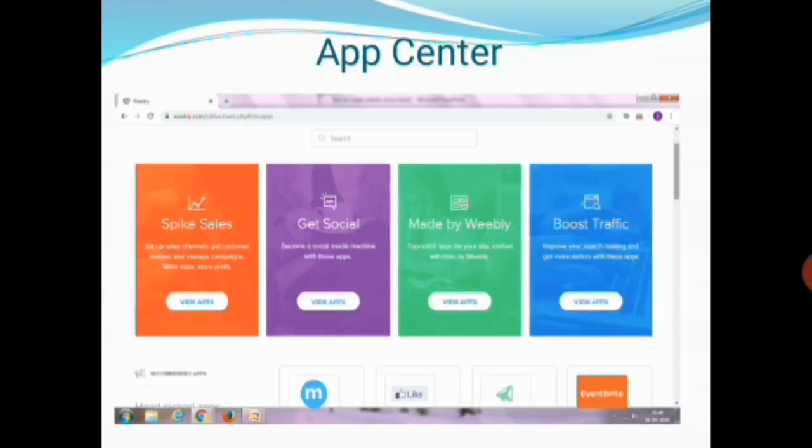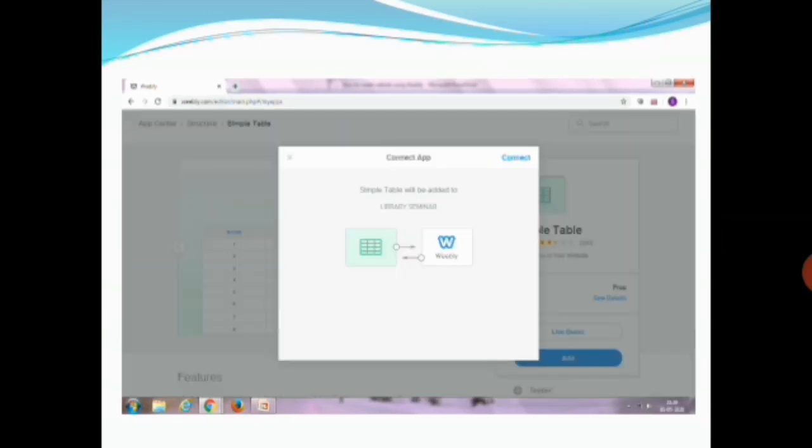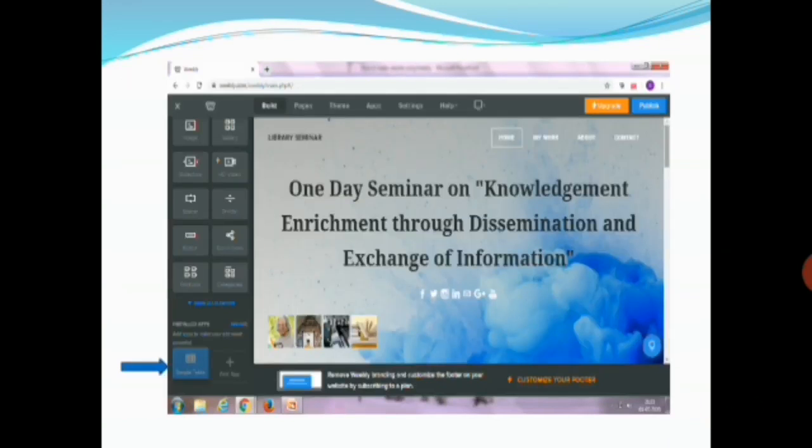If you want, you can take it from the app center. I just want to add some tables, so I just search simple table, and the app will open. You just simply click the add button, and automatically it connects to Weebly. So you just click the connect button. Now you can see on the left bottom side simple table added into your new element.